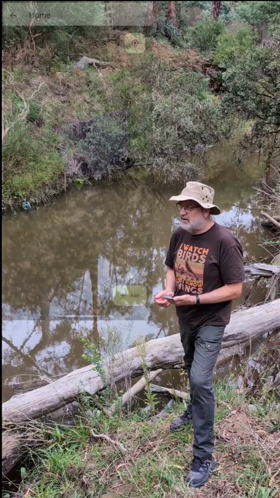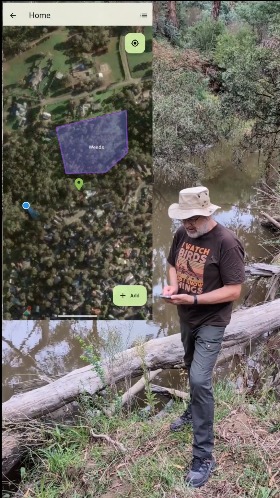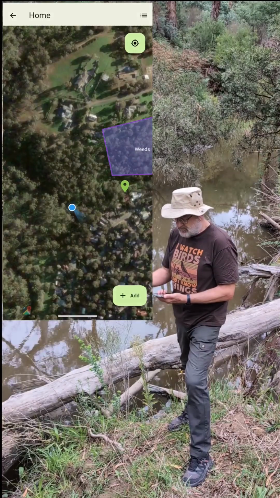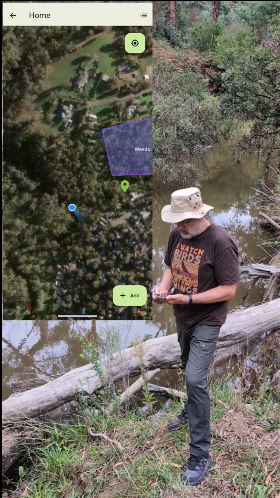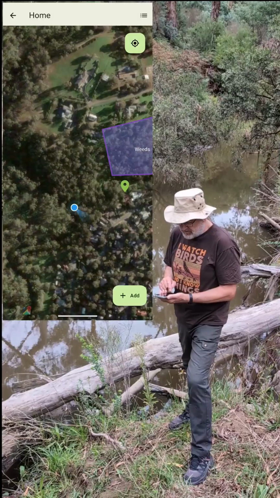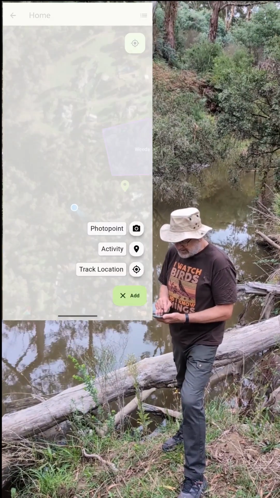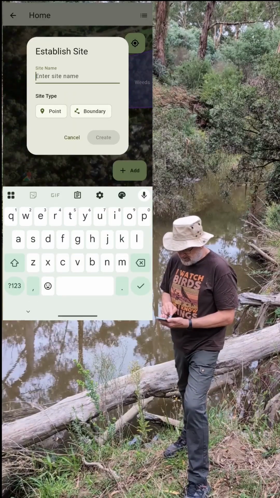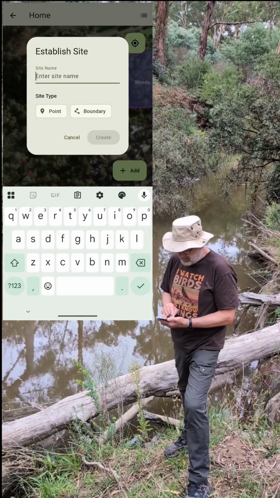You open your app, you go to your project, and you'll see you get a blue dot, and that's what you want, because that means the satellite's there and it's capable of recording. So I'm going to add this site, and it's an activity. And I'm going to say the site name, which is going to be the creek